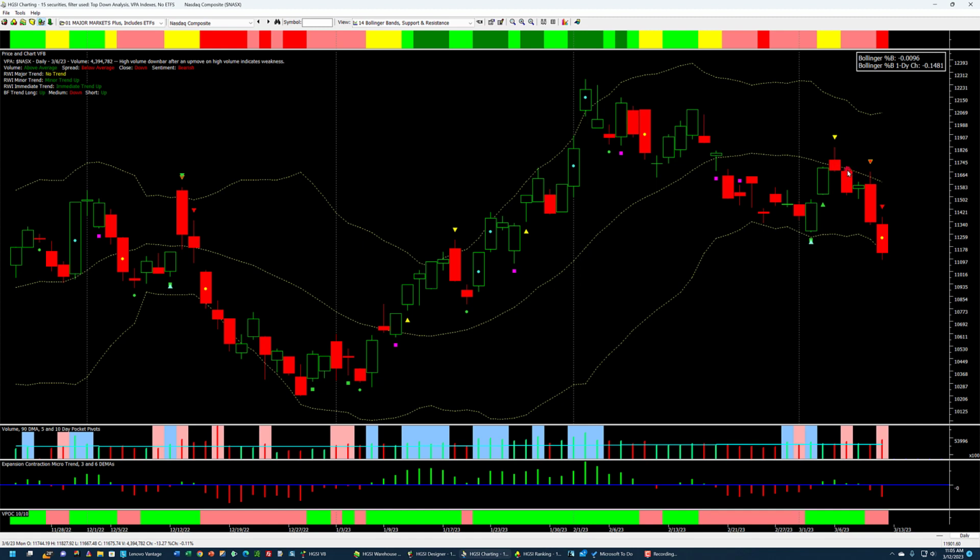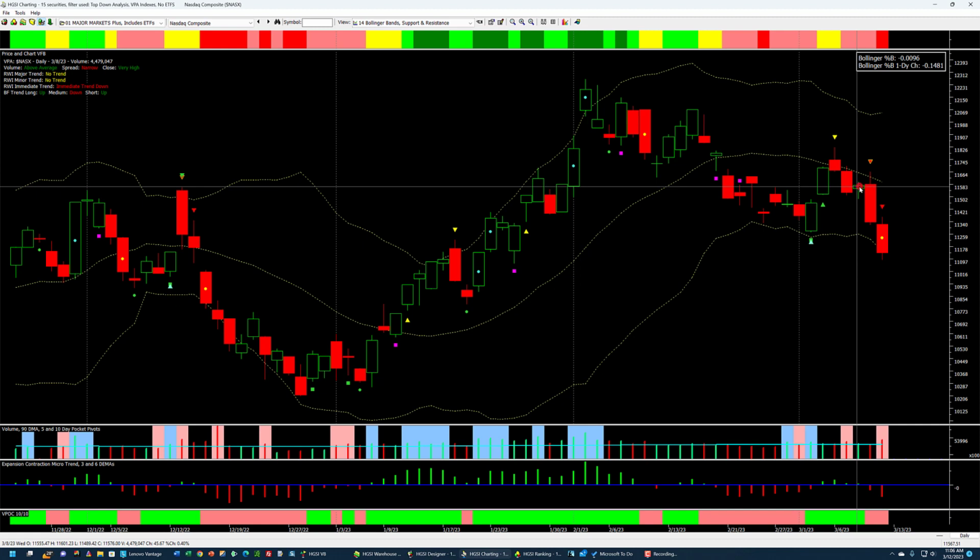And it opened here, traded up to the center Bollinger Band line, and then it failed, and that's another sign of weakness. I'll put a crosshair on here, on above average volume. And then we had a day, mostly an inside day because it was inside this candle.